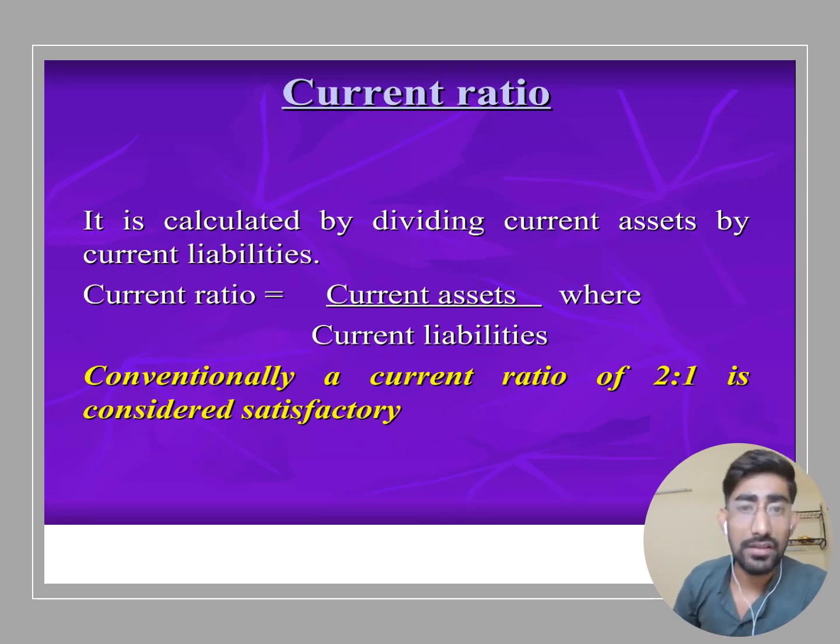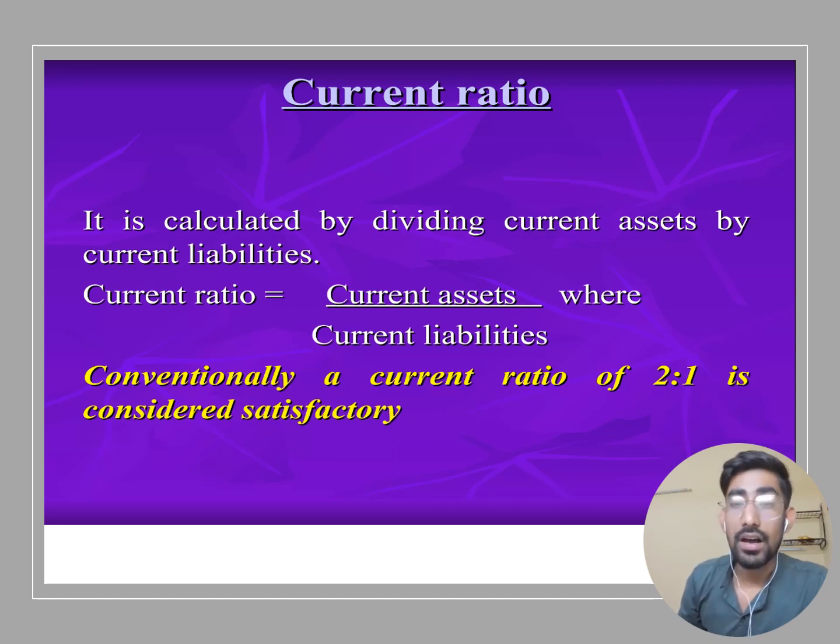And the current ratio is calculated by dividing the current asset by the current liabilities, that is, current ratio is equal to current asset divided by current liability. And conventionally, a current ratio of 2:1 is considered satisfactory. What does it mean? It means that if a company has a current ratio of 2:1, that means it is